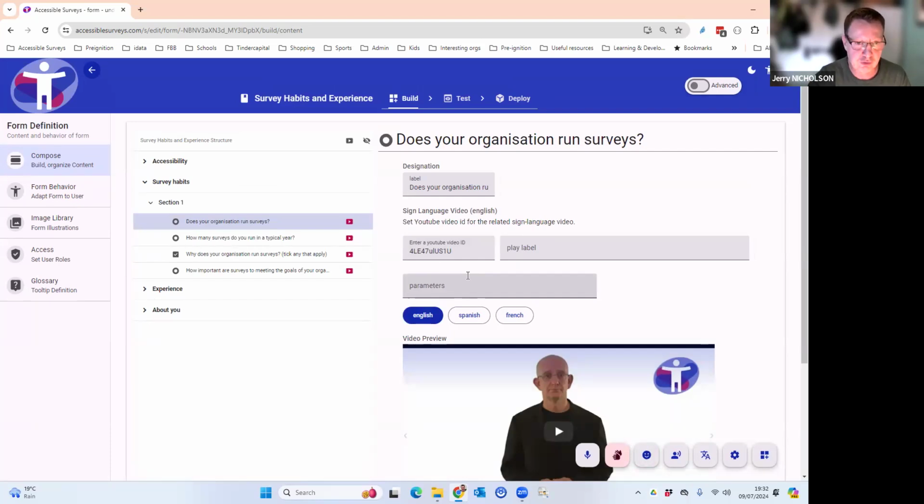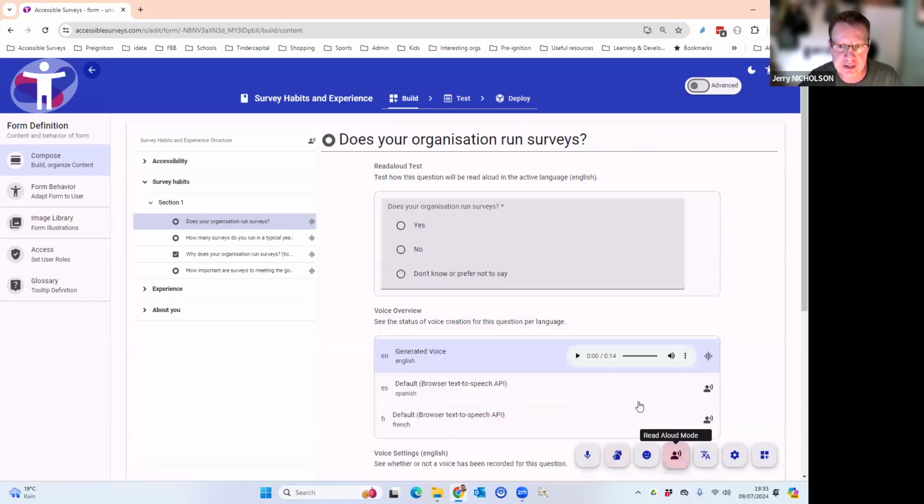I can put the reference for that video in that field there. And I can include a different video for Spanish or for French, so that different sign language videos appear depending on the language which is selected.